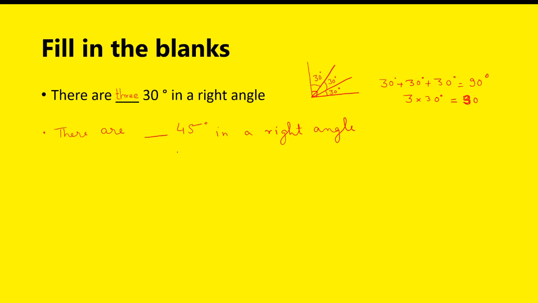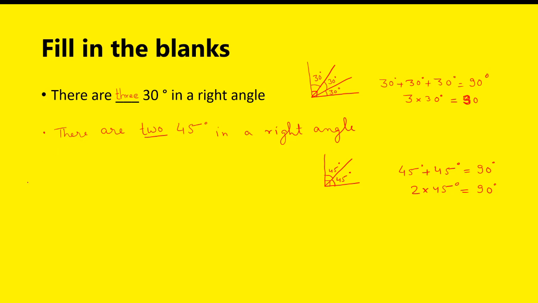So yes, you all are correct. Here there are two 45-degree in a right angle. This is your 90-degree angle. Now I have drawn one 45-degree here, another 45-degree angle over here, okay. So when you will add these two 45-degrees, what you will get? You will get 90-degree. So twice of 45-degree equals 90-degree, means right angle, okay. So in this way you all have to do these questions.